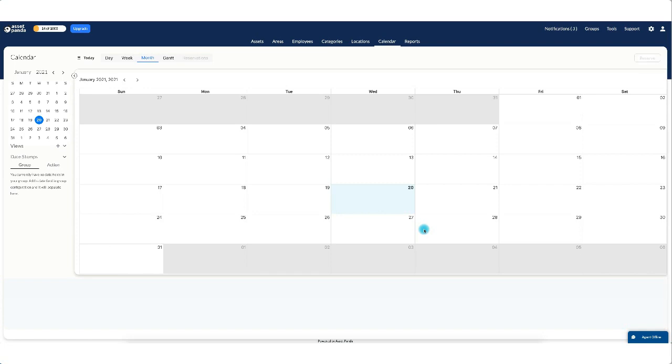Okay, so I am ready to dive in. A few things to note and some takeaways and some information I want to make sure that we're all aware of before we start navigating and configuring here. So the new calendar